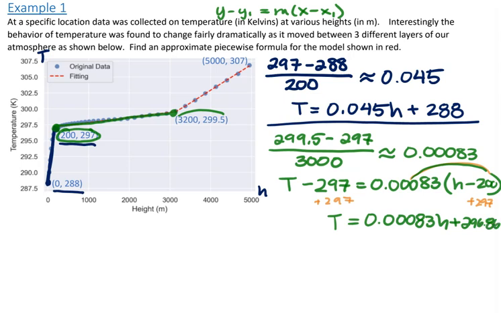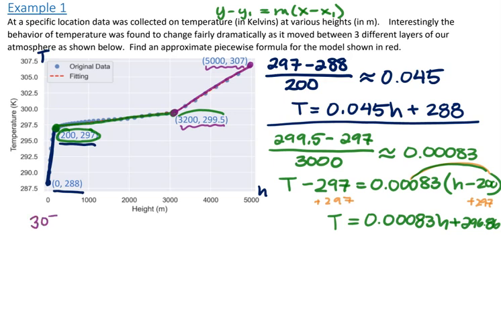So just a little bit subtracted off, which makes sense. By the time we distribute that 0.0083 through, we're not going to have a very big number that's being subtracted. Okay, so that's piece number 2 of my equation. Piece number 3, this last segment, we'll use the 3,200, 299.5, and the